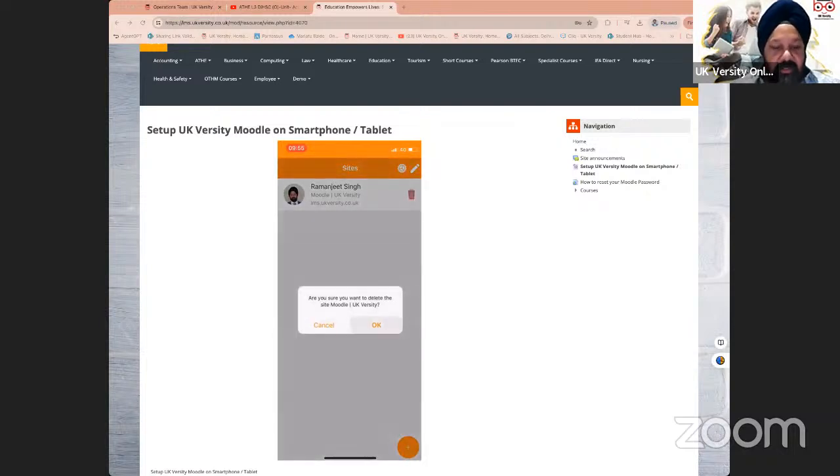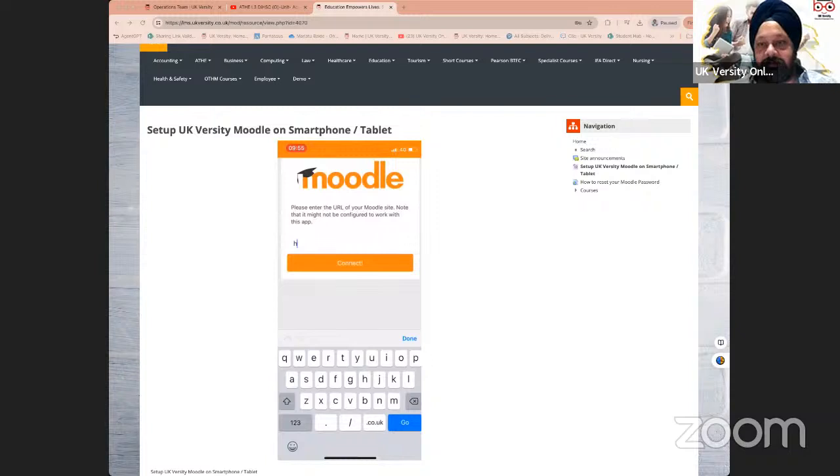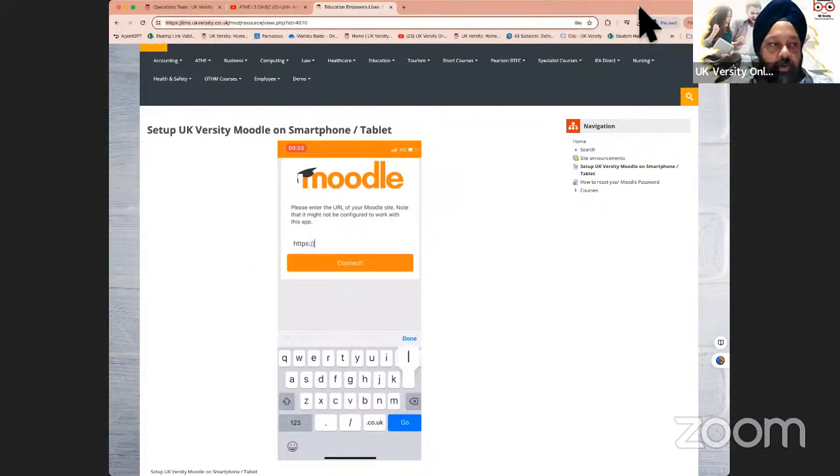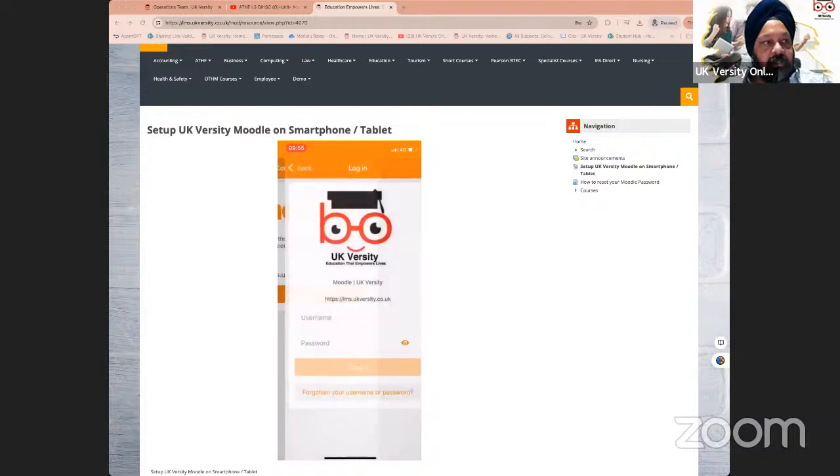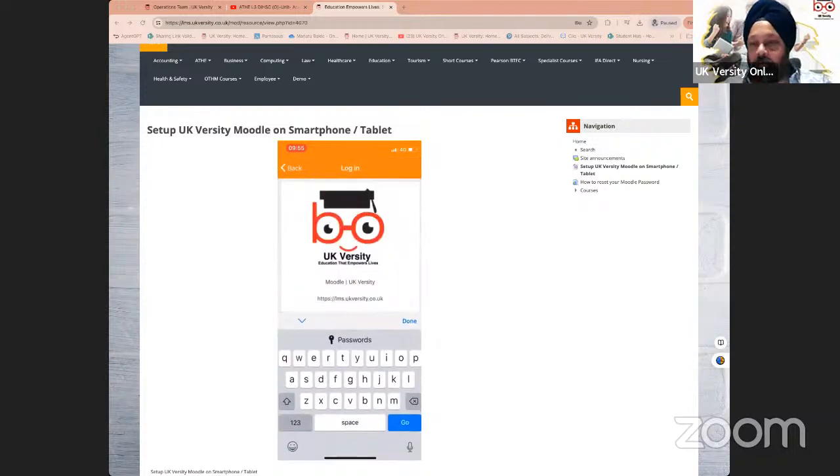One is the URL of the Moodle. Where is the website installed? You would also need your username, and you would need your password. If you have these three things to hand, you'd be able to carry your course anywhere in the world, because wherever you have access to the internet, you will have access to that particular course, and